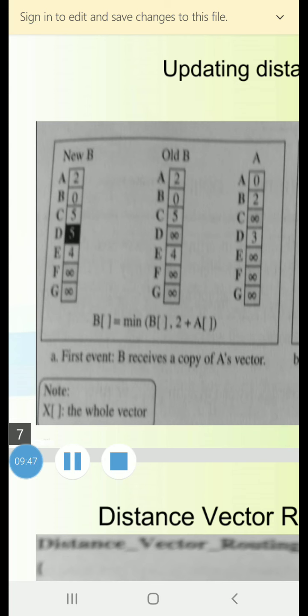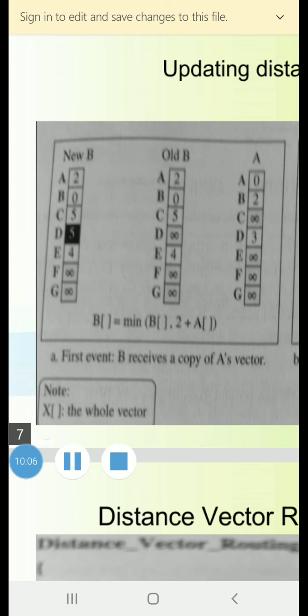A is the first event: B receives a copy of A's vector. So A's vector, old B, then new B. You can see D was already infinity in old, but D has become 5 in new, using the Bellman-Ford equation.